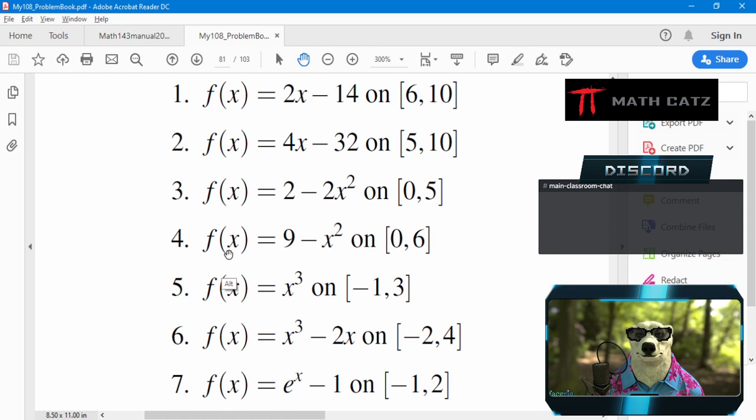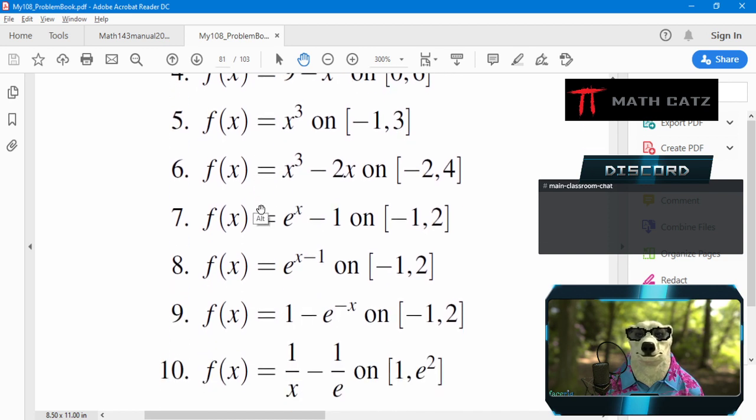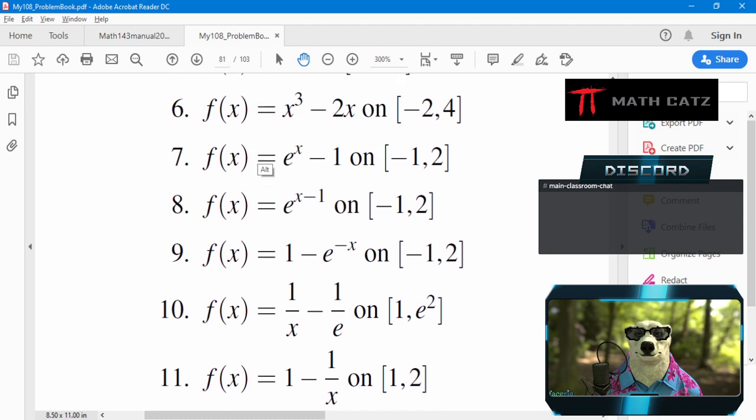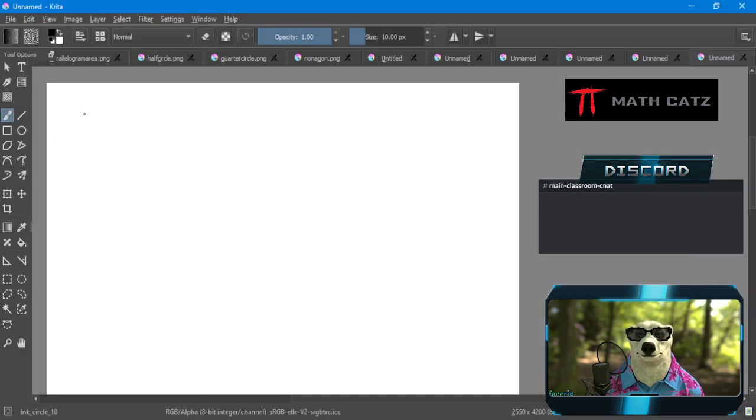It doesn't really matter, right? We've done x cubed, so that's maybe a little silly. Let's look at number 6, maybe. Number 6. Let's go with number 6. Why not? Number 6. I'm looking for the area